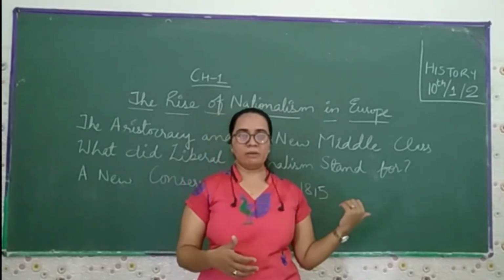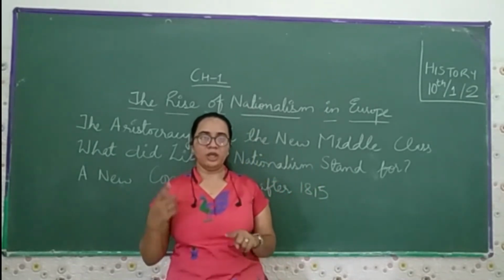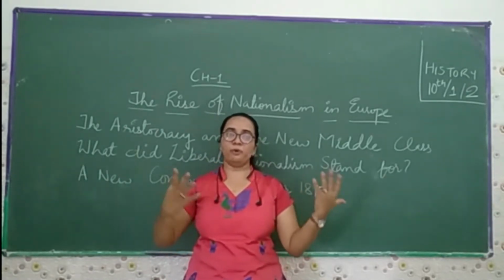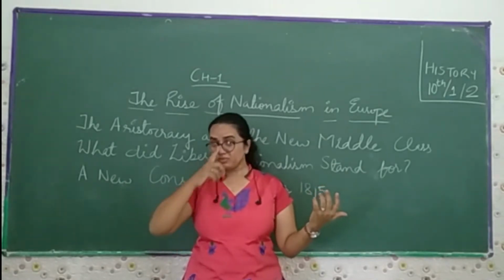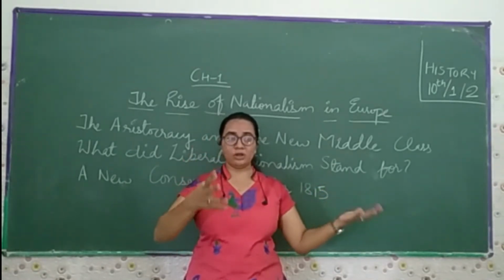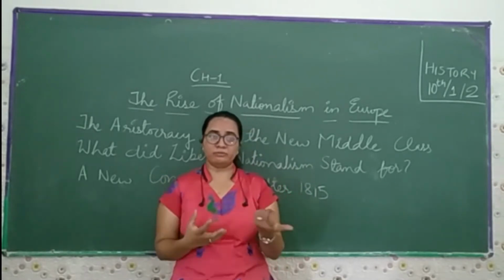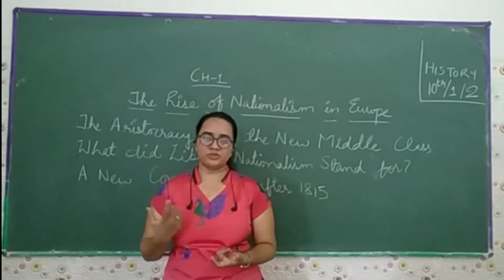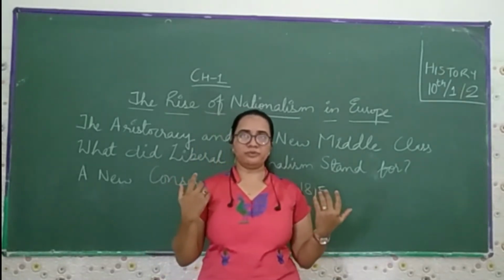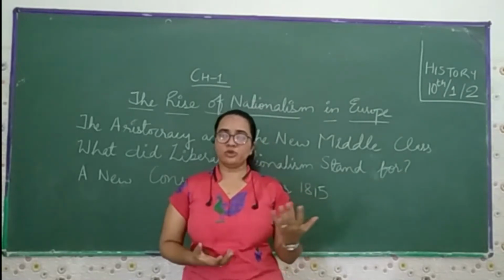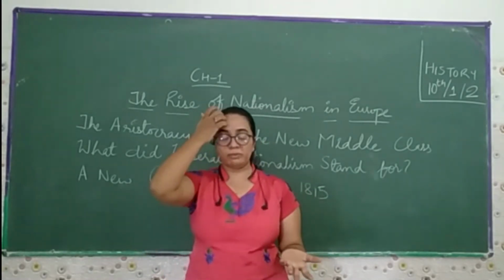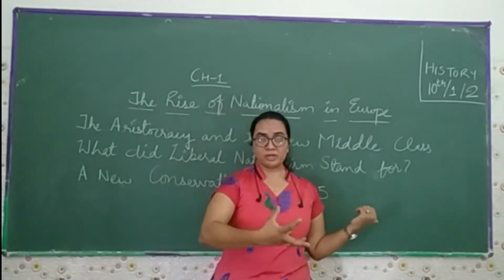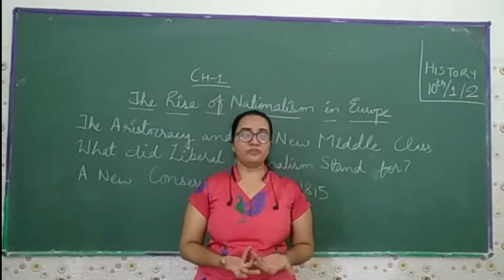If you remember, we saw one picture, a painting, where Napoleon was shown as a postman, carrying all the letters on his back across the land. That means Napoleon was defeated in a number of wars in different parts of Europe. So he was not able to conquer a number of parts of Europe, and he was defeated there.